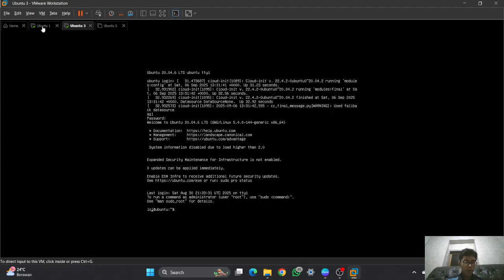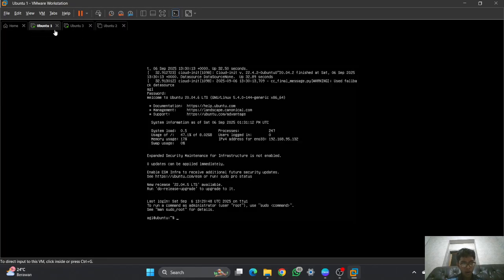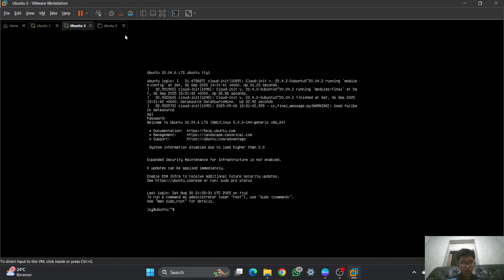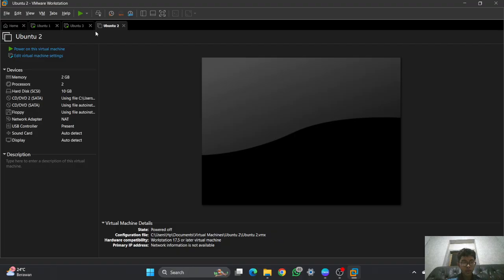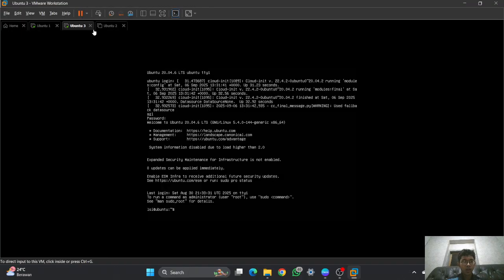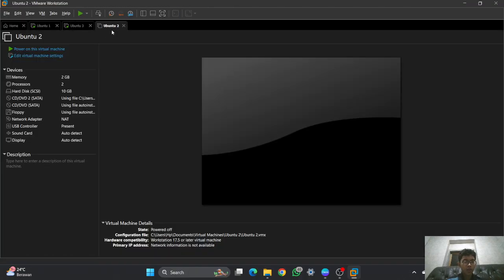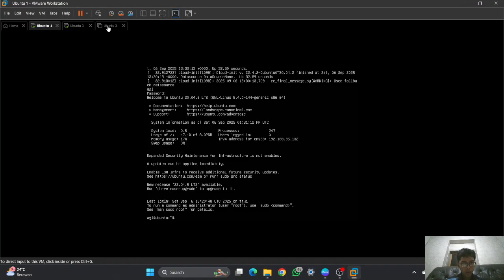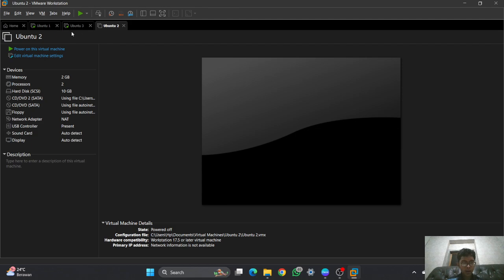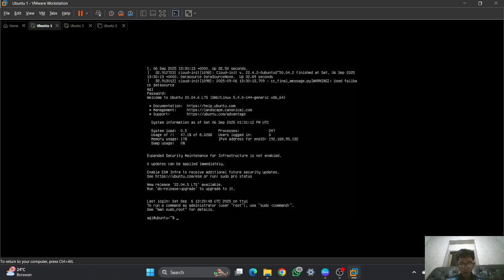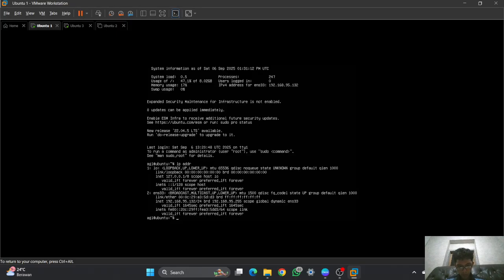Now I've turned on and logged into my Ubuntu 1 and Ubuntu 2. In here I'm using Ubuntu 3 because I don't know why my Ubuntu 2 always crashes. If you want to know, it is a clone from Ubuntu 1. I think in this case I will just use Ubuntu 1 and Ubuntu 3. So first I will check the IP address, and as you can see I got this IP, which is